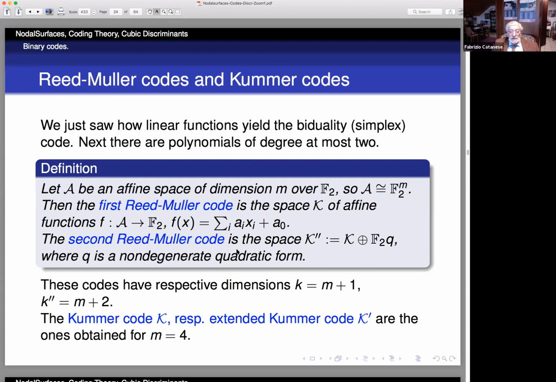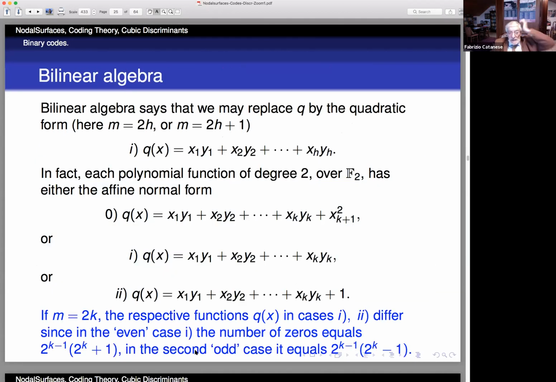And the second Reed-Muller code is the space generated by K and a non-degenerate quadratic form. These codes have respective dimensions m plus 1 and m plus 2, and the Kummer code, the extended Kummer code, is the one obtained for m equal 4. And it is easy bilinear algebra. Let me explain it, because we don't usually do bilinear algebra over a field with 2 elements, but every quadratic form can be